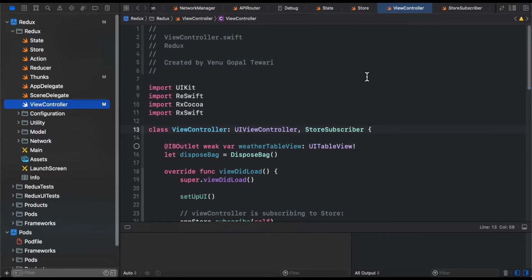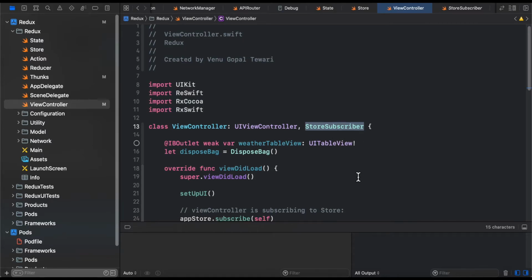Till this particular point, we were setting the stage for the REDUX architecture, and now this is the place where exactly all the actors will interact with each other. So we will discuss our view controller implementation line by line. So at line number 13, the very first point that you need to pay attention to is store subscriber protocol. So when your view controller will subscribe to this store or will conform to this store subscriber protocol,